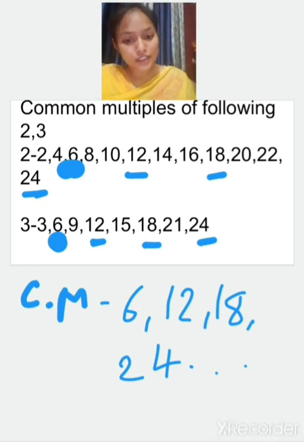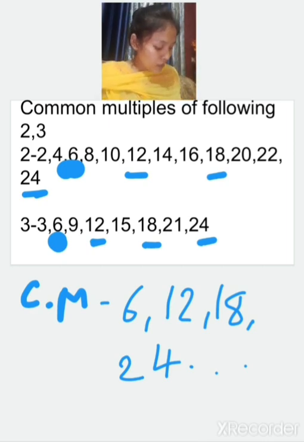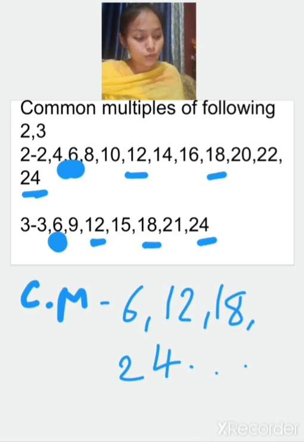So it is very easy to write the common multiples. For writing the common multiples, you have to just write the multiples of each number and then find the common one amongst them. Now you can do your workbook, page number 37 in your notebook. You have to find the 3 common multiples of the numbers given there.